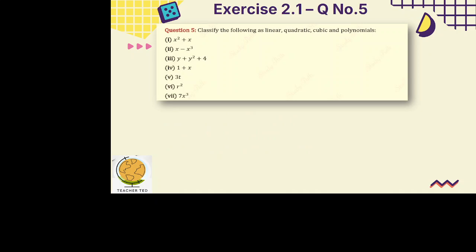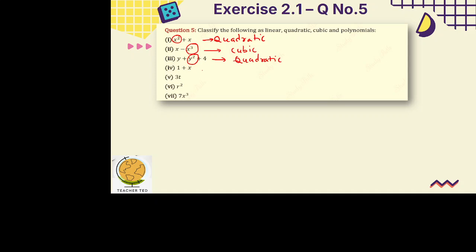Let us take the fifth one. Here, very simple, you need to classify the given polynomial as linear, quadratic, or cubic polynomials. In the previous video, I explained the types of polynomial, where if the highest degree is 2, it is called quadratic. So this is quadratic, and there is a highest degree of 3. If it is degree 3, we can call it cubic. This is the highest term we are looking at in this problem. Since it is 2, we can write quadratic,